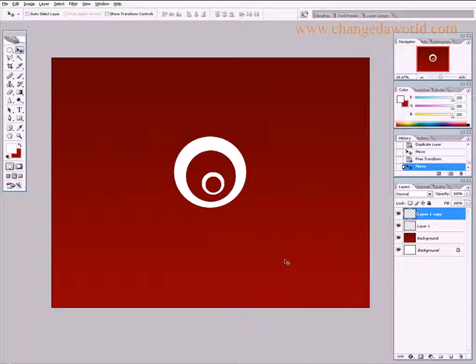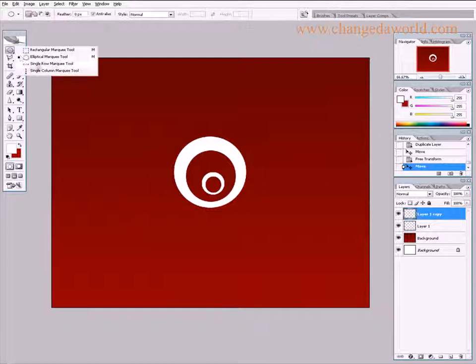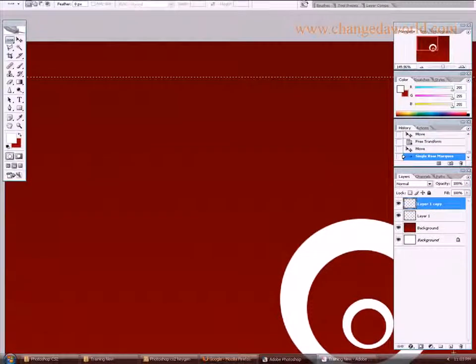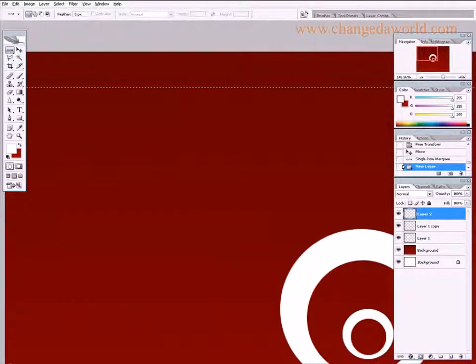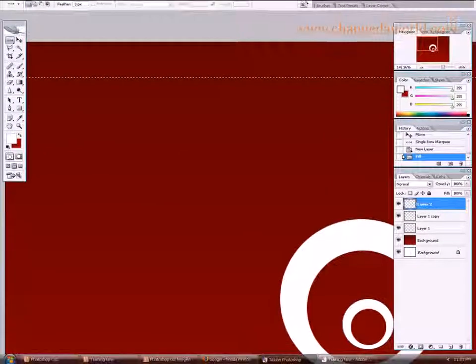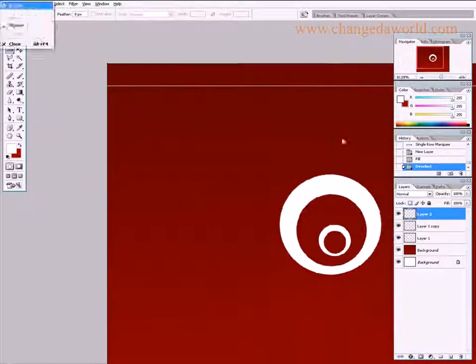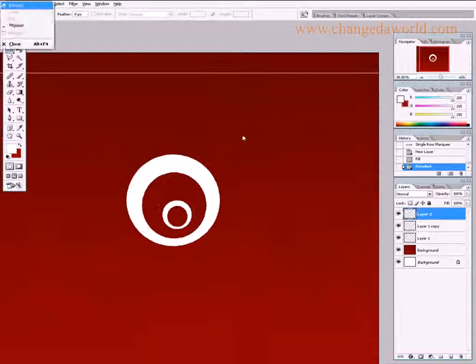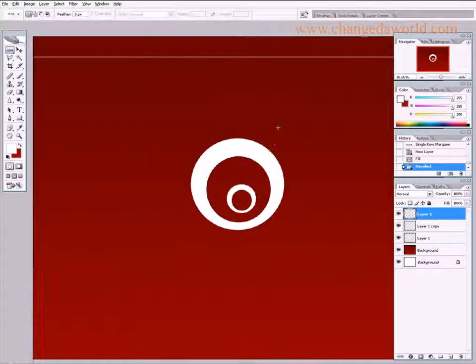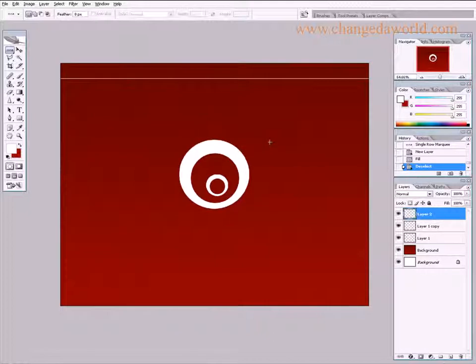Right? And then let's try using a single row marquee tool. Alright, let's use it. Let me come here and click. Selection is made. I can create a new layer and then fill the color by pressing Alt and backspace, which is white, which is in the foreground. Alright. Let me zoom out a little, and then let's add some effects, or